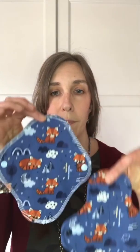Next up is our standard short. These are 8 inches long and they are available either as liners or as light absorbency pads, and you can see that the shape is a little bit different. These have the same uses as the mini size for cutting back up, for daily freshness, for the tail end of a cycle, but because our standard short light absorbency pad also has a waterproof backer, it is also suitable